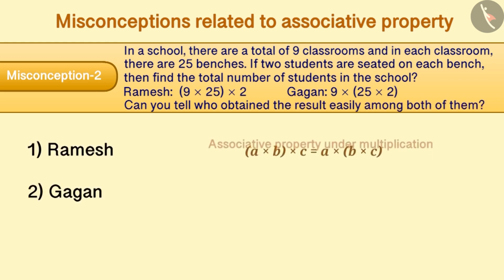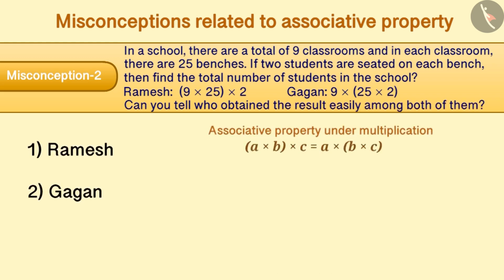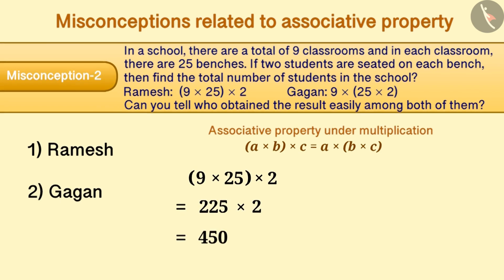In general, associative property is considered meaningless and is neglected. Due to this, multiplication is solved only in the given order. The given example seems difficult to solve like this: (9 × 25) × 2, because first we have to multiply 9 into 25 and then we have to multiply the result 225 with 2. Whether it is the product of 9 into 25 or 225 into 2, both are difficult to find.